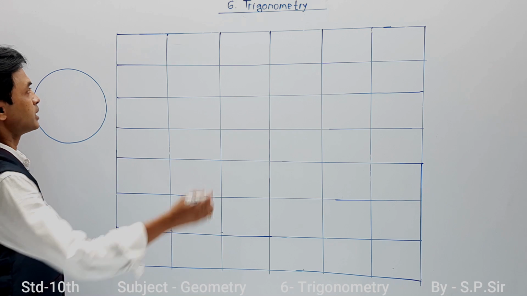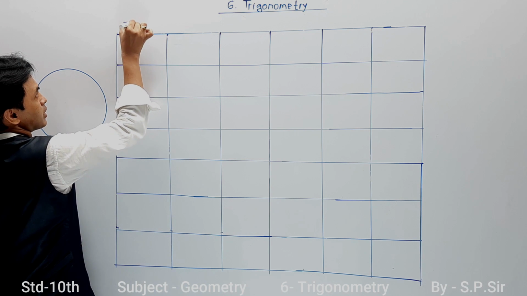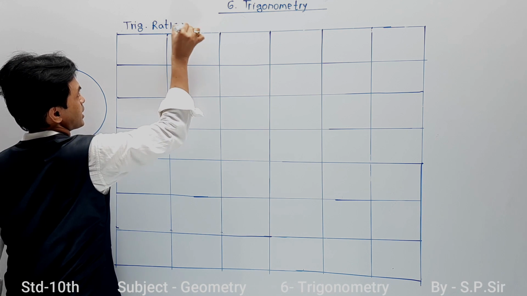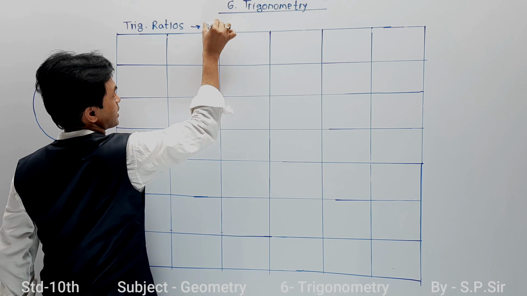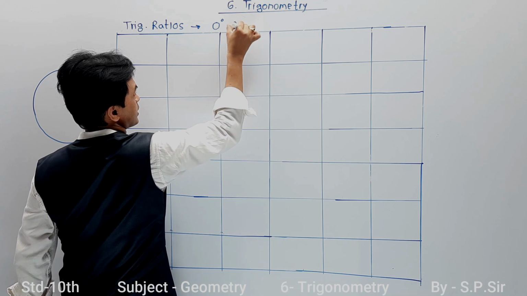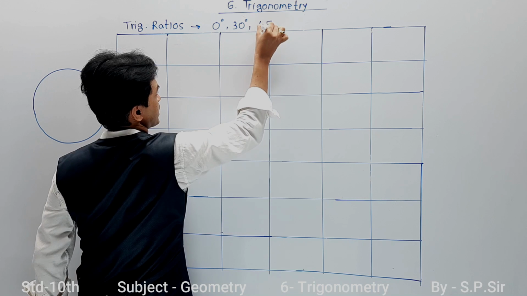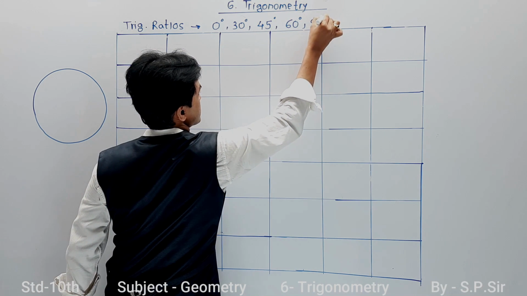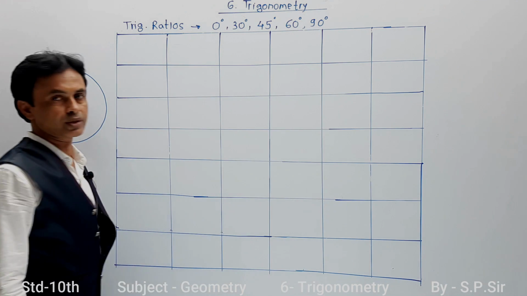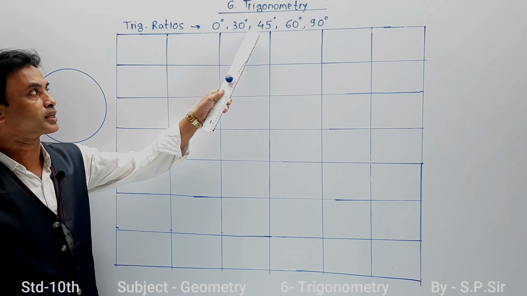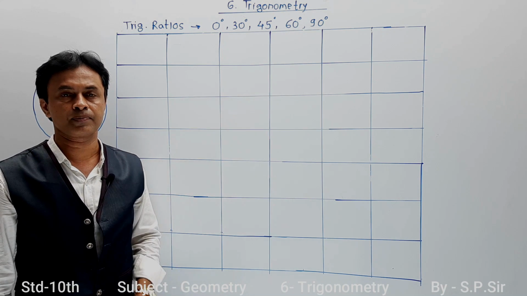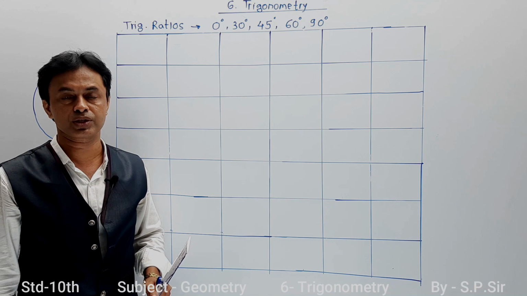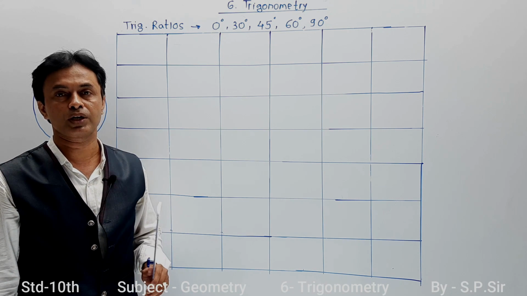Now what is it exactly? It is called trigonometric ratios of standard angles. The standard angles are 0 degree, 30 degree, 45 degree, 60 degree and 90 degree. These are the values which are taken into consideration. So once again, 0 degree, 30 degree, 45 degree, 60 degree, 90 degree. Every teacher is going to explain his or her method as per their own choice, so I am going to clear my concept just for understanding.